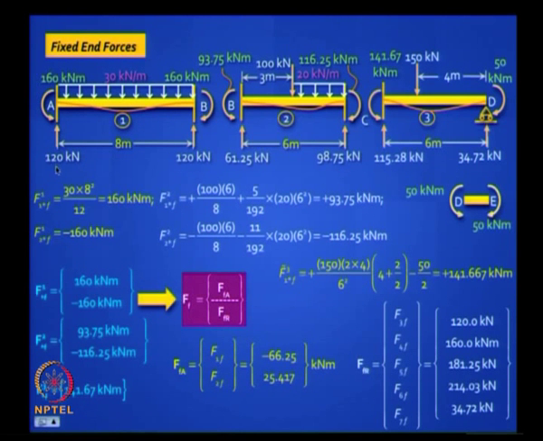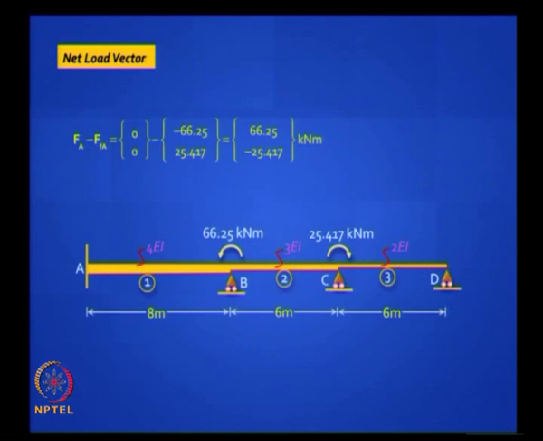Remember this was F3F. So that is plus 120. F4F is plus 160. F5F is a summation of 120 kilonewton and 61.25, 181.25. F6F is likewise summation of these two, and F7F is 34.72. Is it clear? It's easy to do, but you have to do it with your eyes open manually. Okay, now let's proceed. Well, not really manually, you can also program it if you do it skillfully.